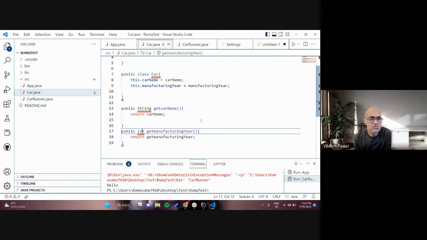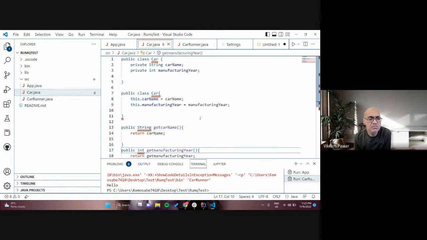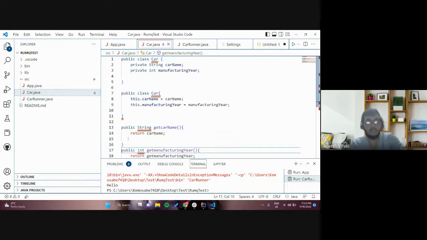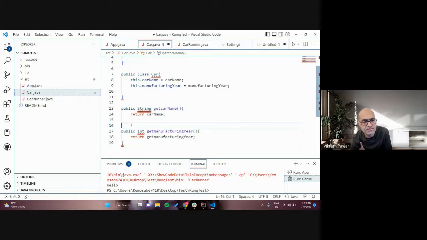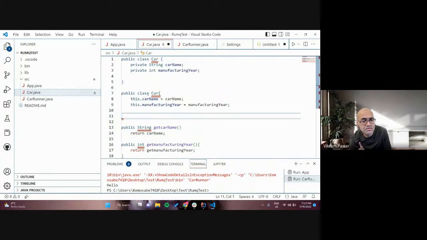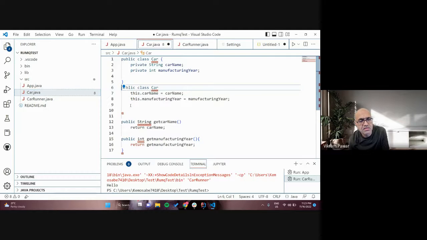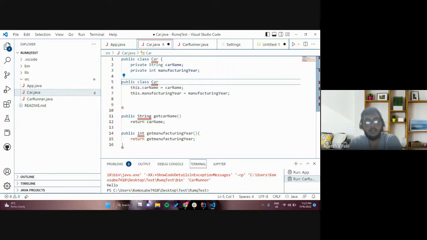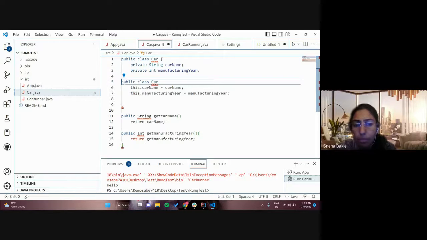So remove all the public class cars and put everything in one single thing. One single braces. No, you don't need the public class car itself. The class definition, there has to be only one. I should remove this. So line number 5 can actually be a function instead of a class again, right?